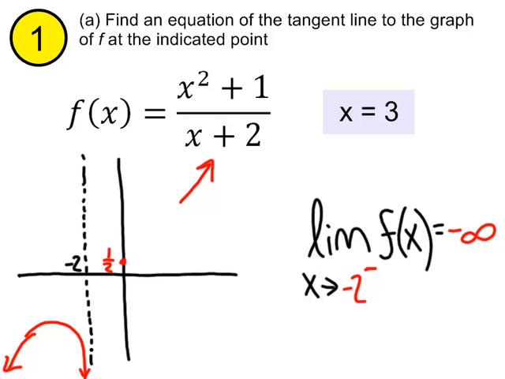And if we were to approach the vertical asymptote, -2, from the right-hand side, we would find that that is positive infinity, and that's what tells us that the graph rides upward along the asymptote